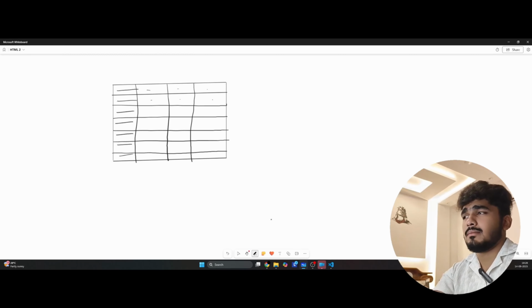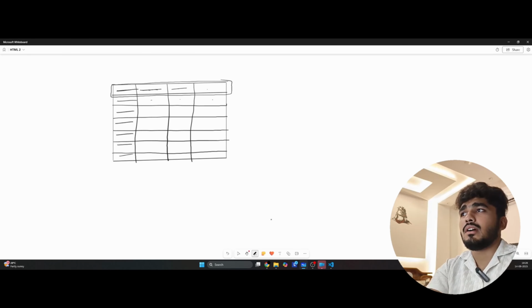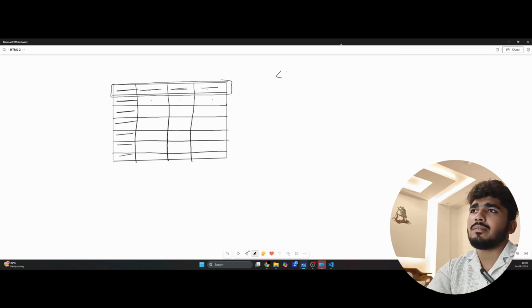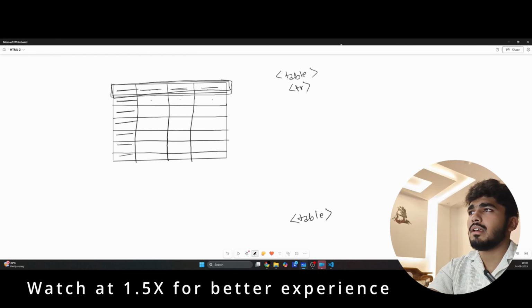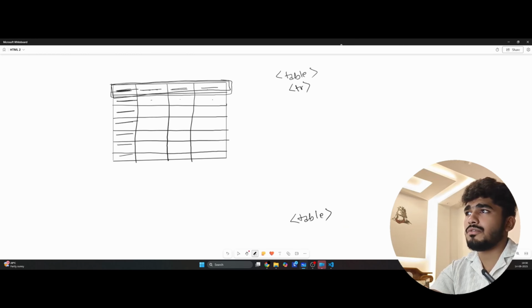So previously we studied how to add the data in a row, like how to use the header tags if we want to put the headings here. But let's suppose we want to put the headings here, what we will do, similarly inside the table tag we will start table row. That is the first row of our table. We can see the first cell of this row is a heading,